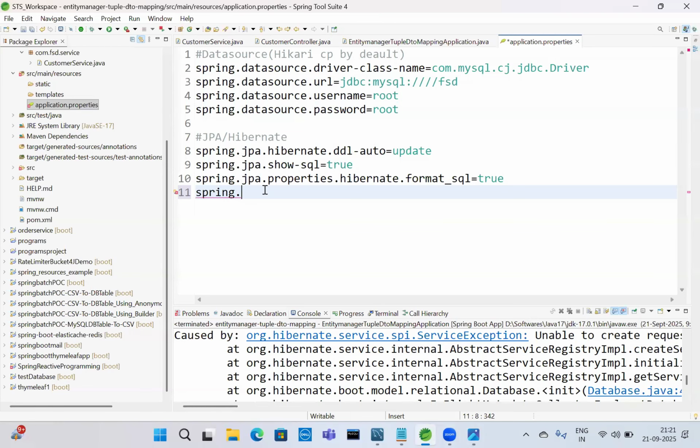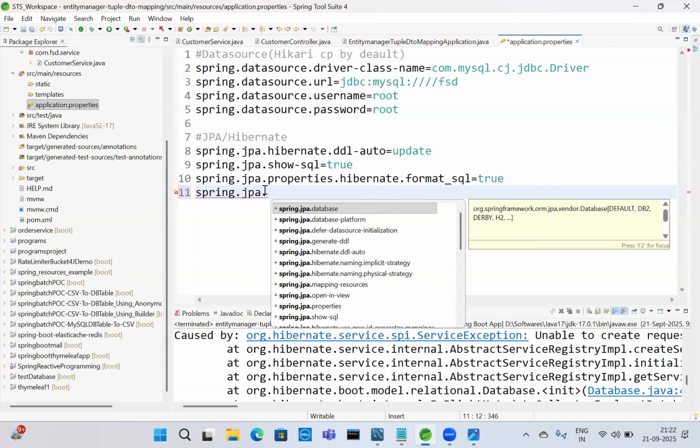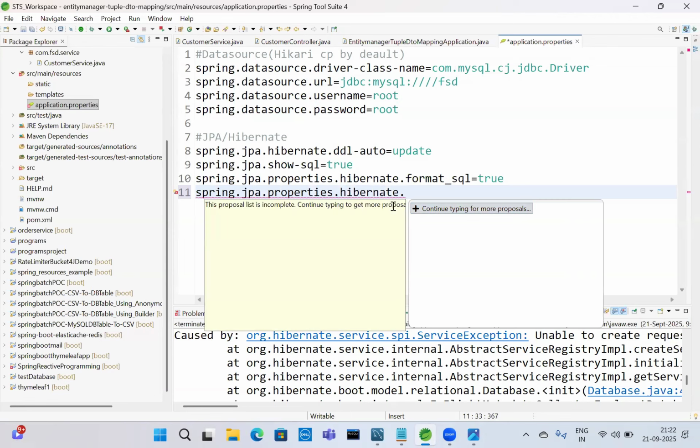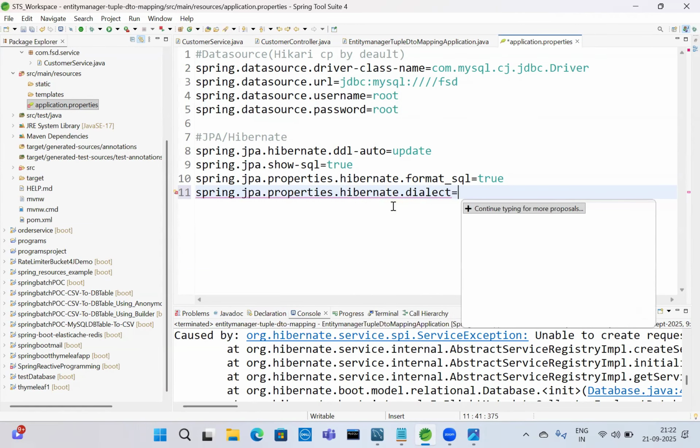I am using Hibernate 8. So spring dot jpa dot properties dot hibernate dot dialect equal to